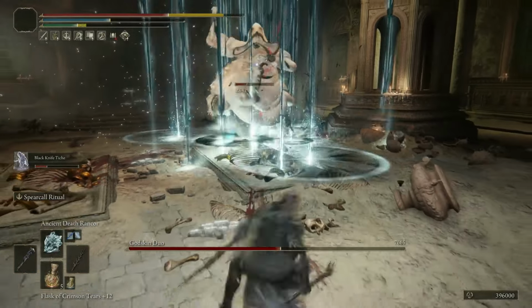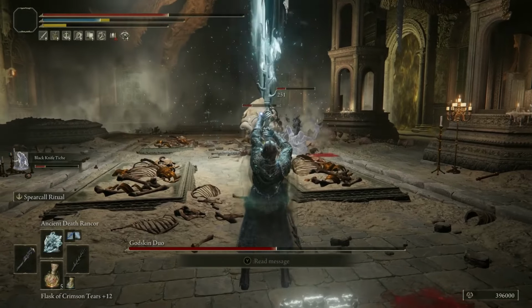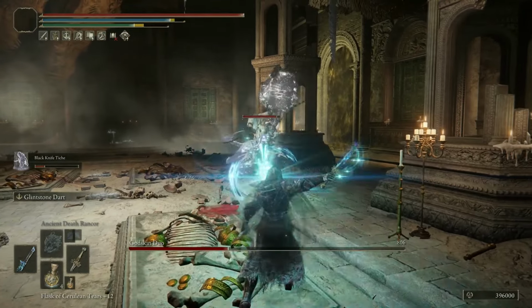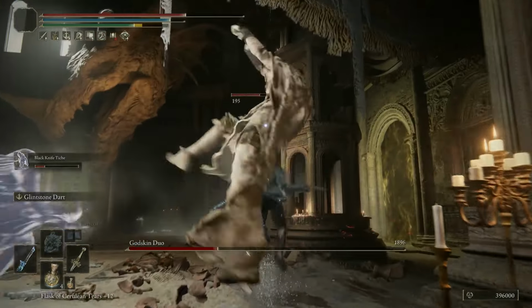And then the last weapon that I use is the Family Heads. It's a pretty decent flail weapon that scales with intelligence, so it fits this build quite well. And the Ash of War on it is basically like Ancient Death Rancor. It shoots all of those death skulls at the enemy, so it's a pretty cool weapon to use, and